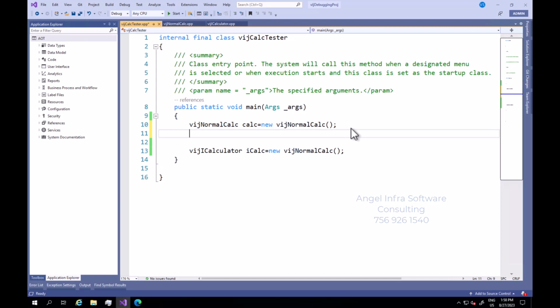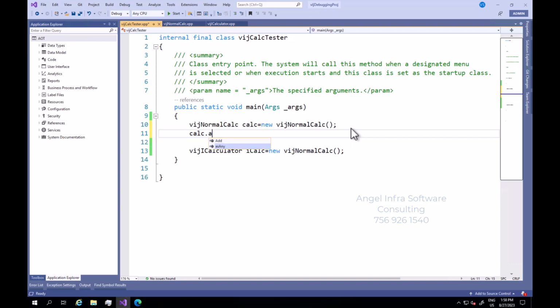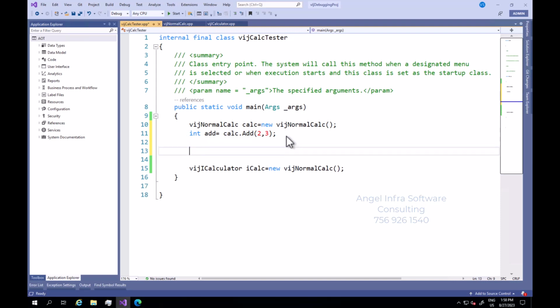Okay, with this you can test this. You can take either of the implementations here and then say calc dot add 2 comma 3 and it returns some value, int add equal to this thing. The same way